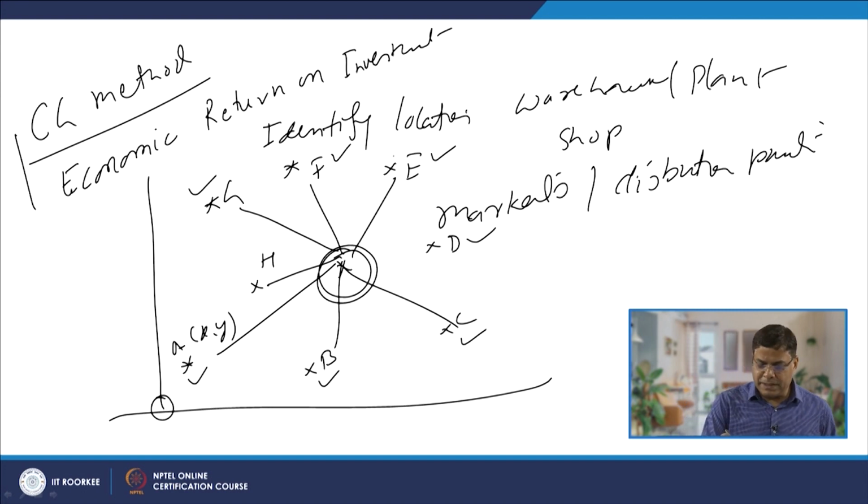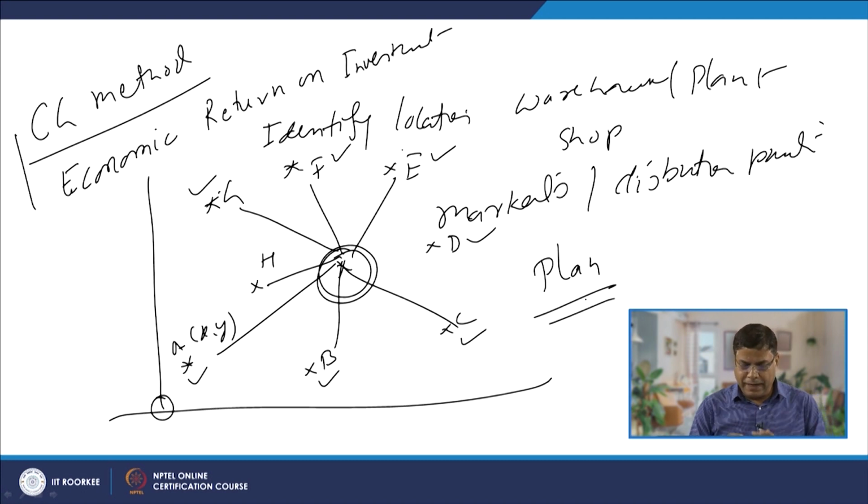So, if these are the different points on the two dimensional map, or we can say the plan of the area, then where is the center of gravity of such a map or plan, that is what is identified